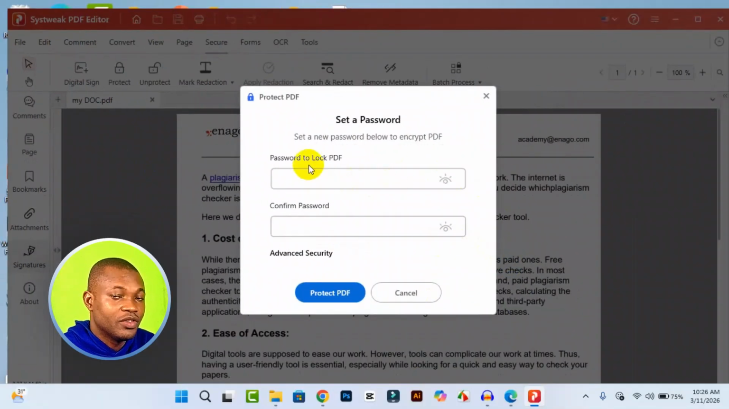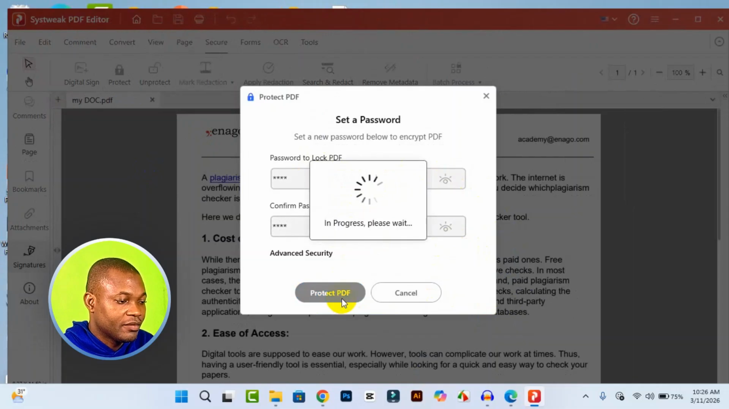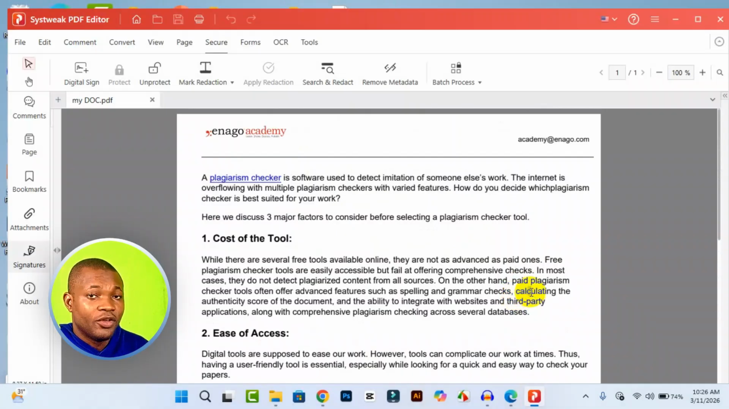Next thing you want to do is to set your password. So enter your password right here, then confirm your password right here, and click on Protect PDF. Now you are done. Next thing you want to do is to save the file, and for that, go ahead